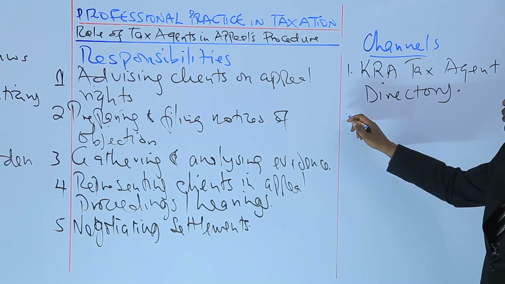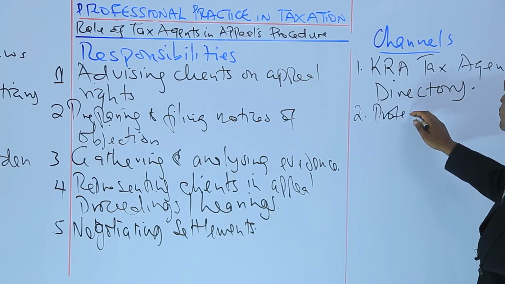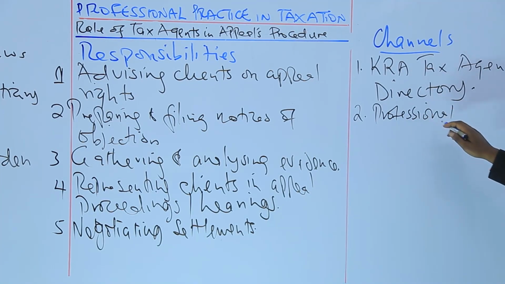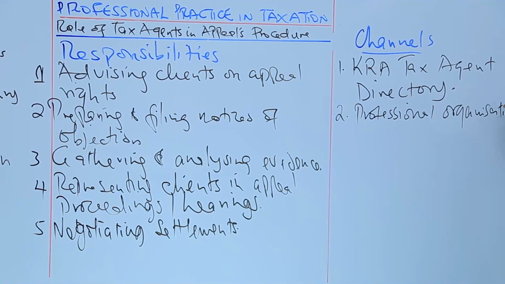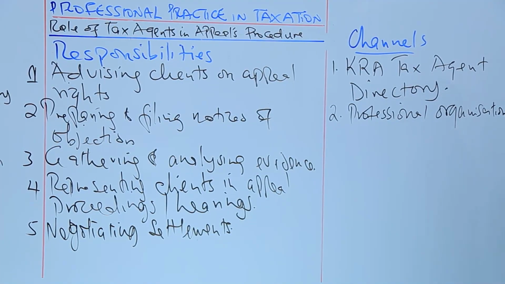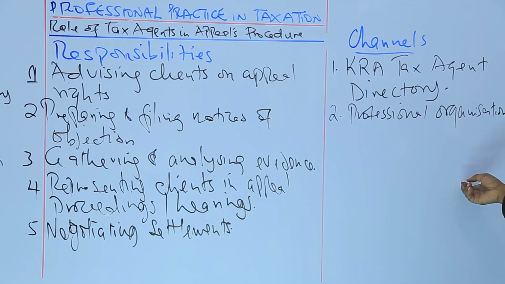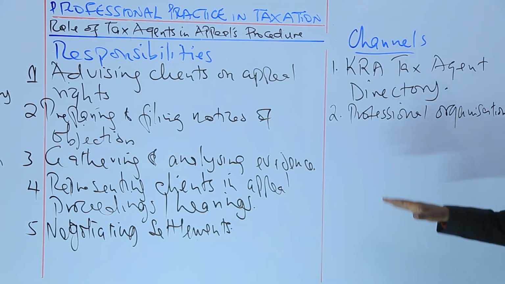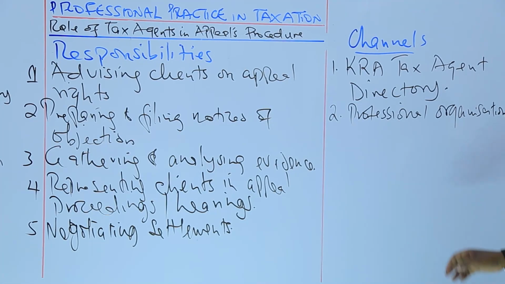The second source or channel is professional organizations. Professional organizations such as the Institute of Certified Public Accountants of Kenya and the Tax Institute of Kenya. They have lists of members with expertise in tax appeals. All right, professional organizations like ICPAK. Then